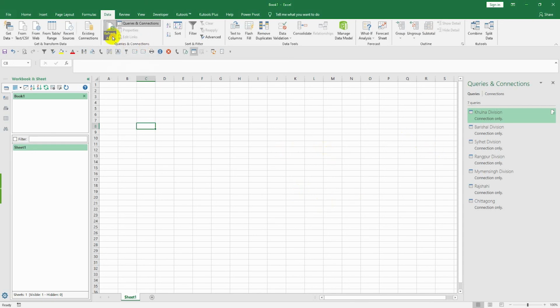When we refresh from the refresh button, the data tables will be updated automatically.